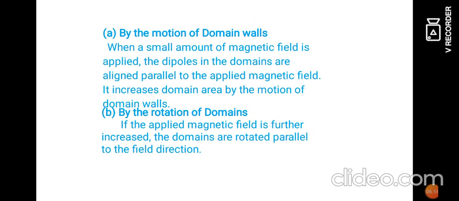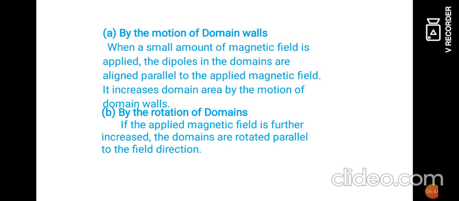That means 3 or 4 or whatever the number maybe, the small magnetic domains will be converted into a single magnetic domain, so that all the magnetic dipoles will be aligned inside the ferromagnetic domain in the same direction. Now let us see the second point.